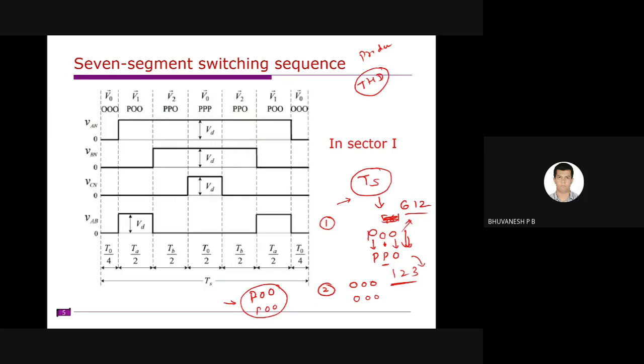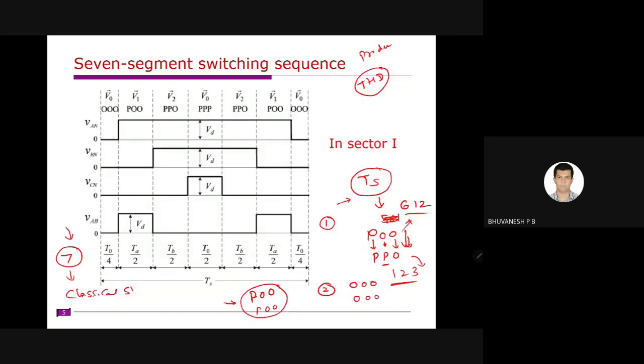So here our objective is to obtain all the phase voltages, right? So we divided this and obtained the 7-segment switching sequence. This is generally followed in classical